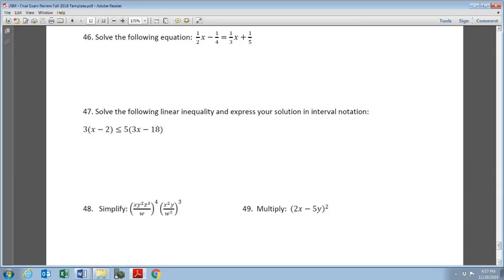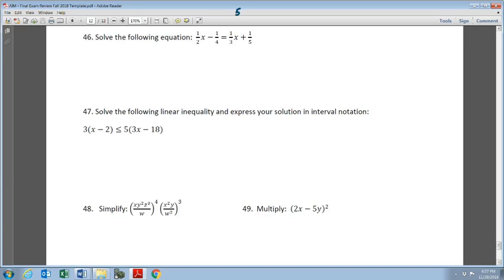All right, on number 46, we've got a rational equation. So to clear fractions, we're going to want to find the LCD. Notice we have no restricted values because we don't have an x in the denominator of a fraction. And so, let's see, I always start with the largest denominator. In this case, it'd be 5, until I find